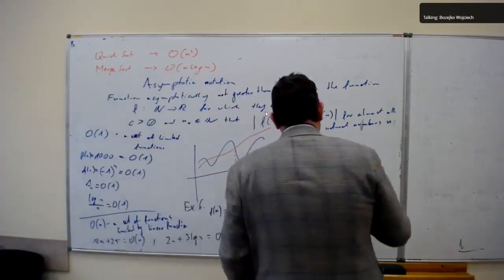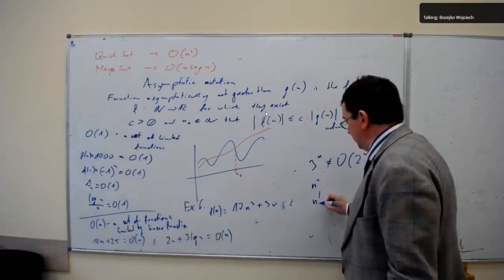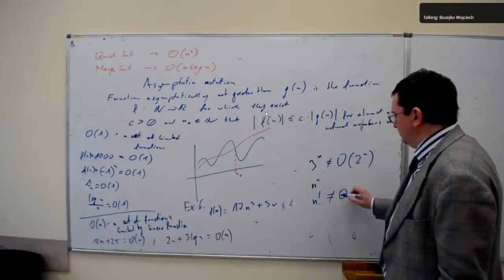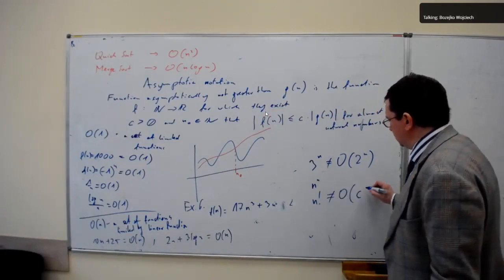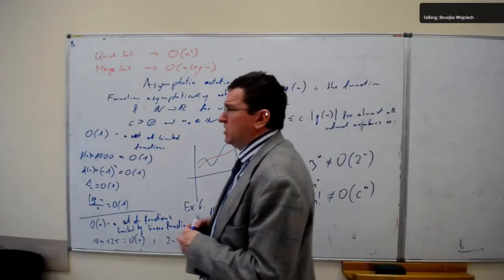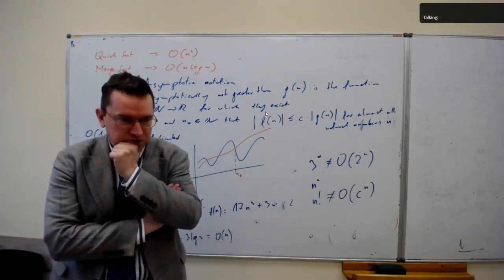In fact, n to the power of n and even n factorial is not in the class of big O of any constant to the power of n. Yes, this is greater. N factorial, we can observe in the permutations world, and